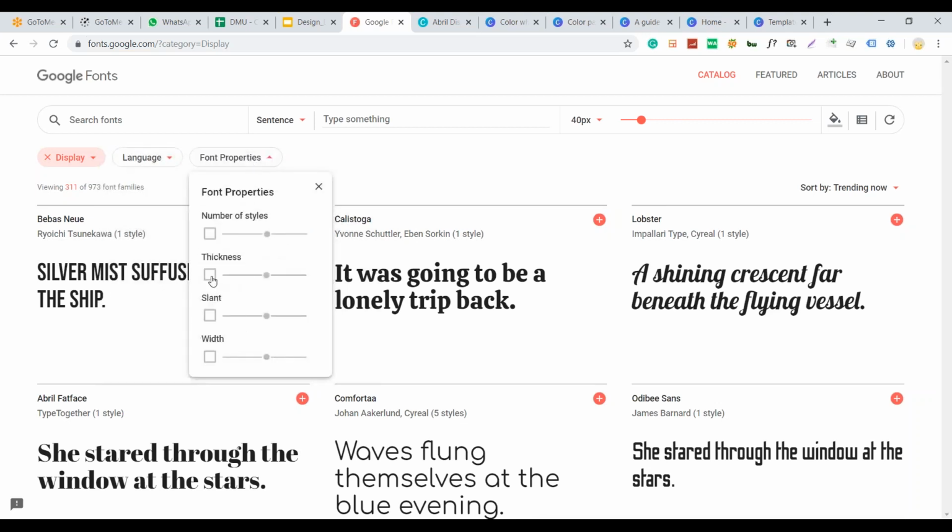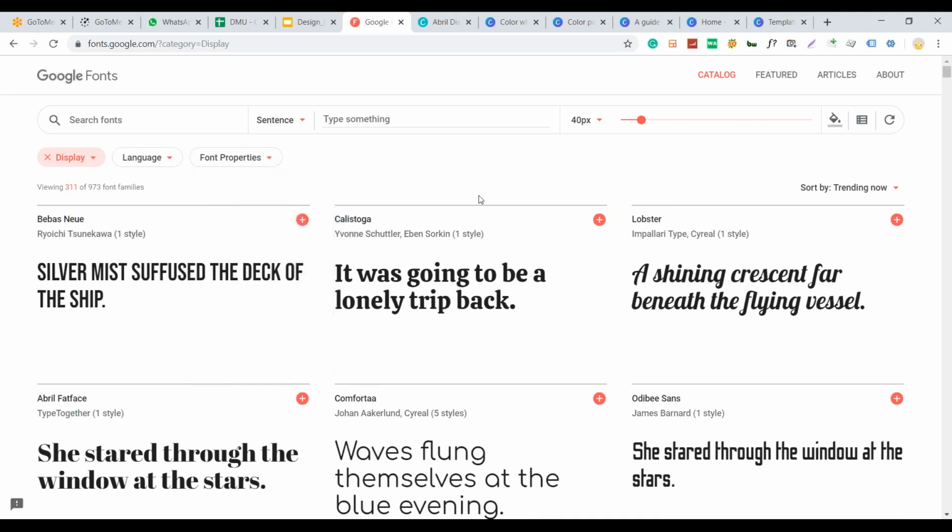And from here you can also shortlist the font based on the thickness, the slant, or the width that you want. And once you have selected one particular font, you can simply download it for your usage. Now why you want to download it? This particular font, if you're downloading and installing in your system, then it will be active throughout all your softwares